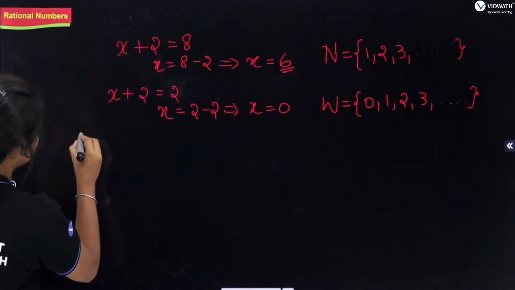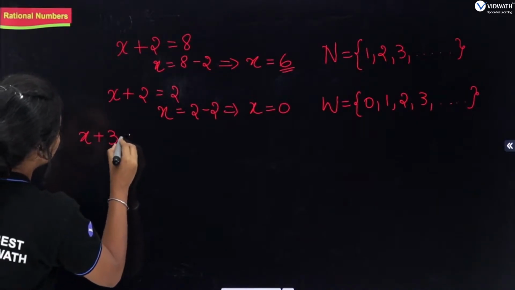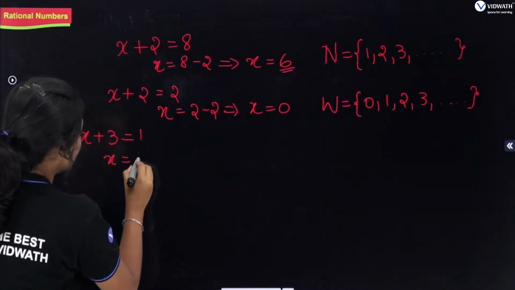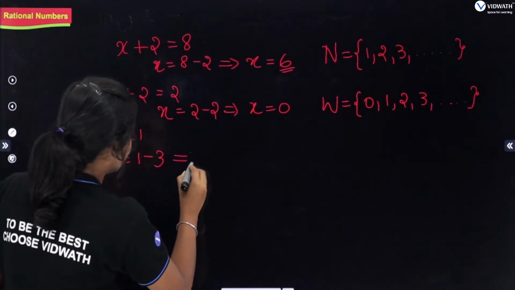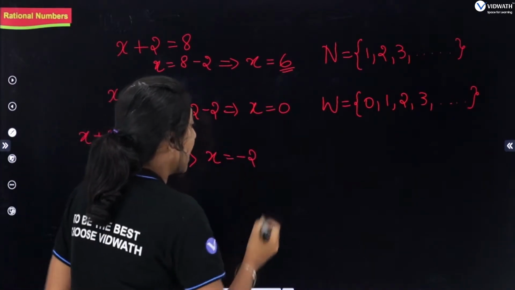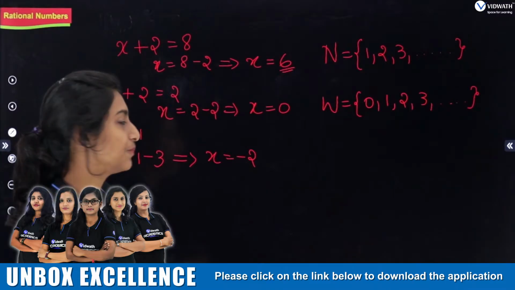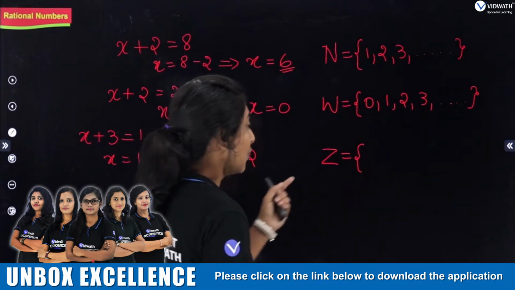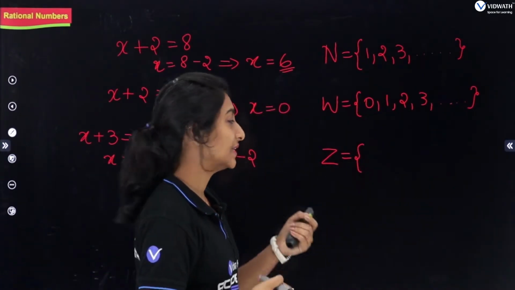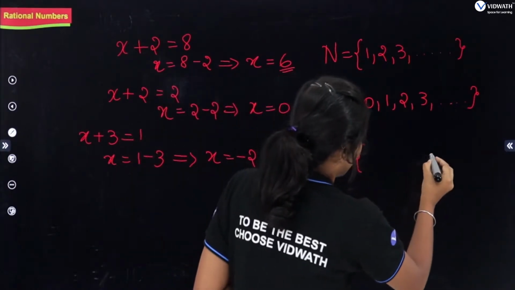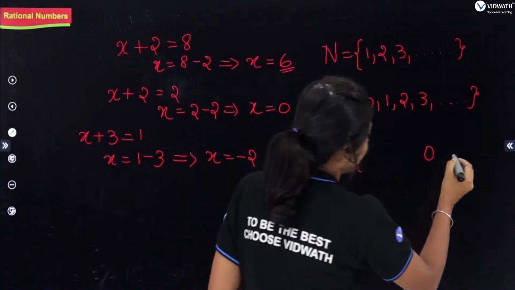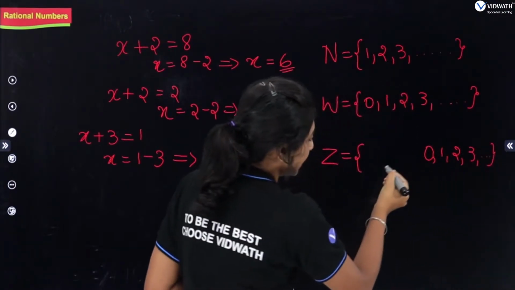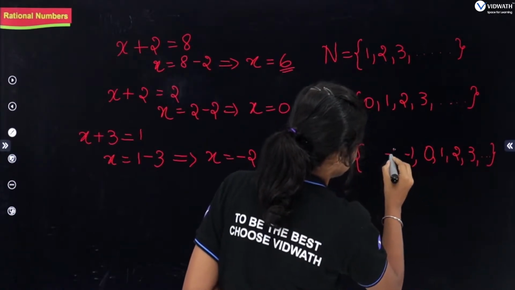And we have an equation x plus 3 is equal to 1. So, if we solve this, x is equal to 1 minus 3, then x is equal to minus 2, and this minus 2 is called an integer, right? Yes, we denote the integers as Z, which has the set of the positive numbers, the negative numbers and also 0. We write the 0 in the center, and towards the right we have the positive numbers, and towards the left of 0 we have the negative numbers.